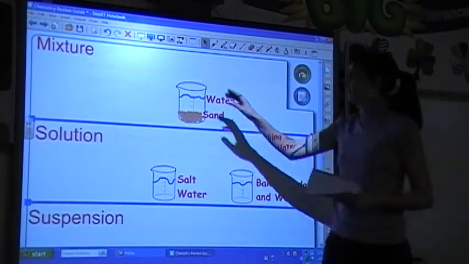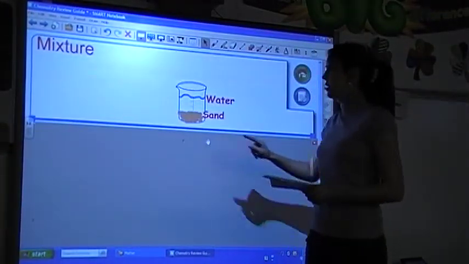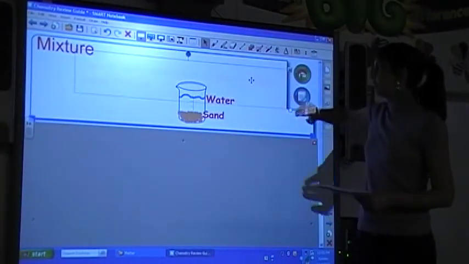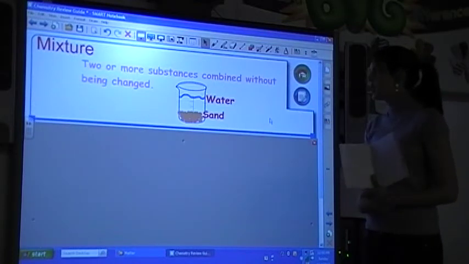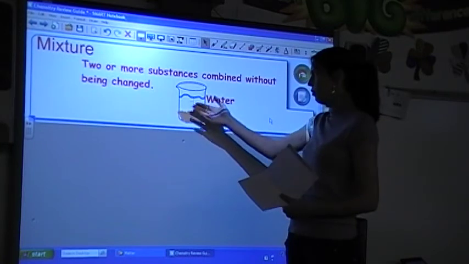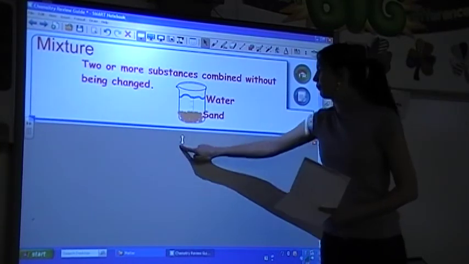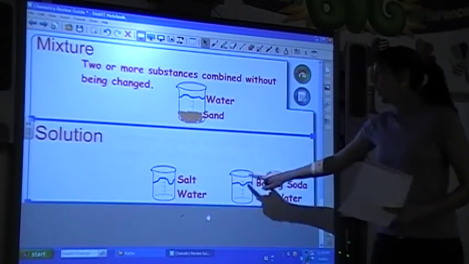Now to our last flap, which is the mixtures and solutions. Starting off with what is a mixture? Two or more substances combined without being changed. We have sand and water example that we also did as a class. A solution